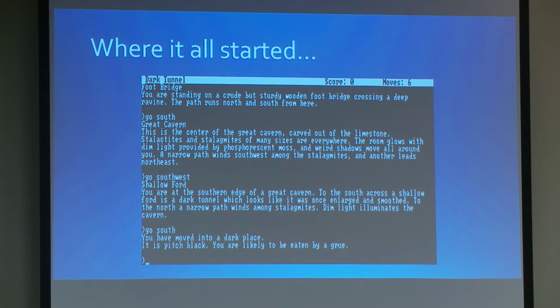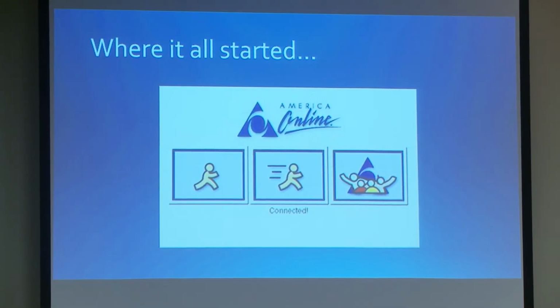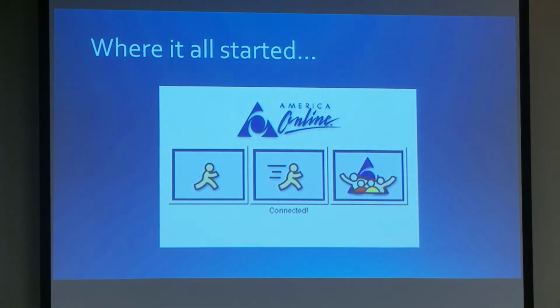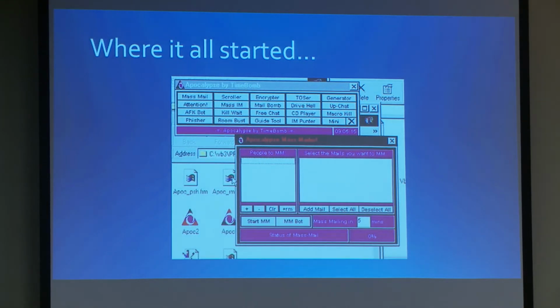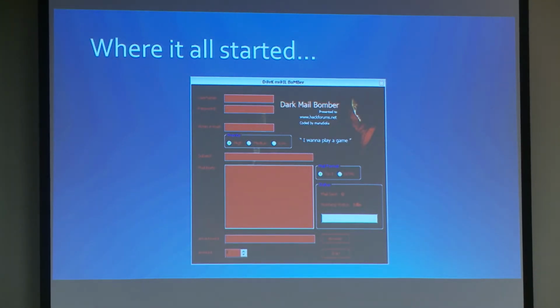Moved from there to playing some online games like Zork. And then from there, we got America Online. And this was really where the internet took a turn for me, because while I was on America Online, while everybody else was figuring out how to download fuzzy dog pictures and things like that, I found programs called AOL and other proggies, mail bombers and things like that. And so I started using those. And I started finding things that would bump people off the internet, and I started finding things that would steal account credentials and stuff like that. So I slowly started moving my way towards the dark side, right?